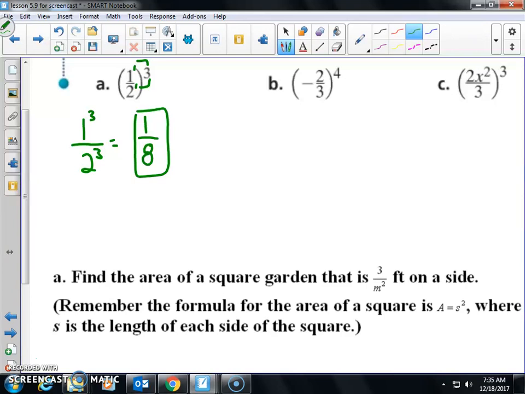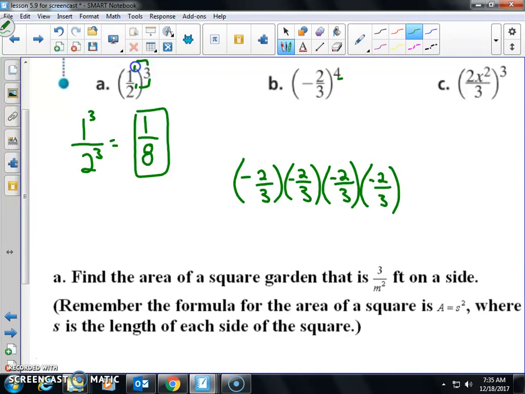In letter B, the negative is in parentheses. It's glued onto the 2/3. So I could think of it this way. Negative 2/3, but I would need 4 of them because the exponent is 4. Negative 2/3, 4 of them. Well, I know right now that 2 negatives here would be a positive, and 2 negatives here would be a positive, and a positive times a positive will stay positive. So if I think of this, negative 2 times negative 2, I get 4. 3 times 3 is 9. I got another 4/9 here. When I multiply, I get